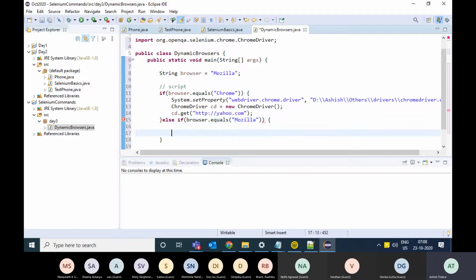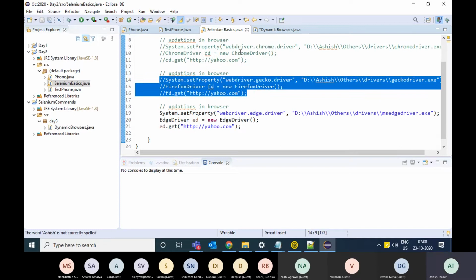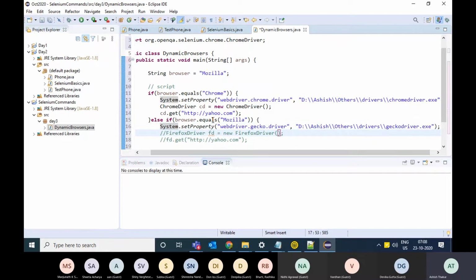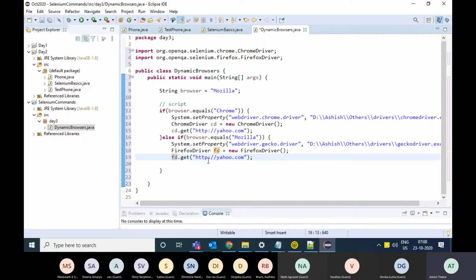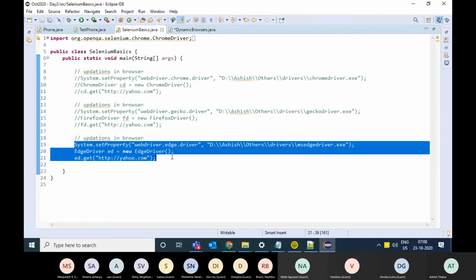So you can put this code for Mozilla which we had made yesterday. That is, first you set the system property for Gecko driver, you initiate Firefox driver, and then you take Firefox driver to yahoo.com. And similarly for Edge, you can write else if the browser is Edge, then...